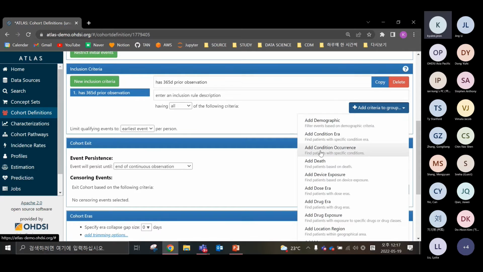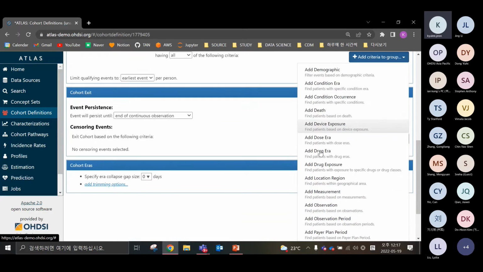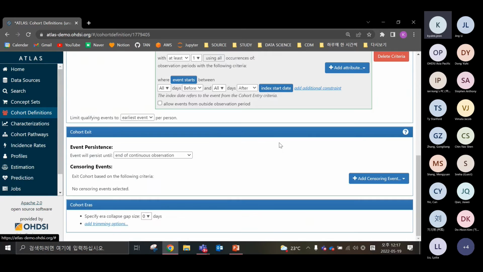We could add multiple criteria to this. In this case, we want to find observation periods, so we'll select Add Observation Period.